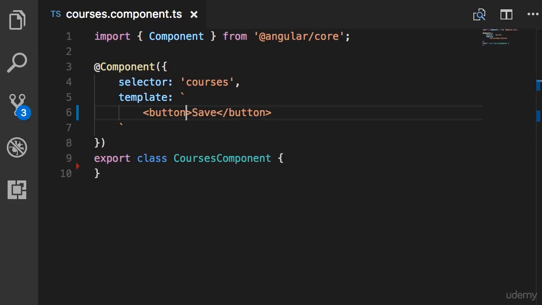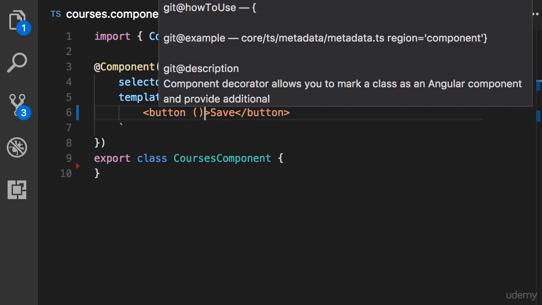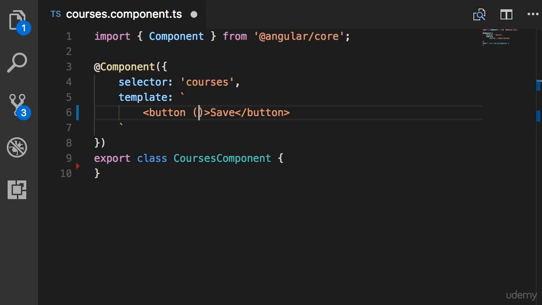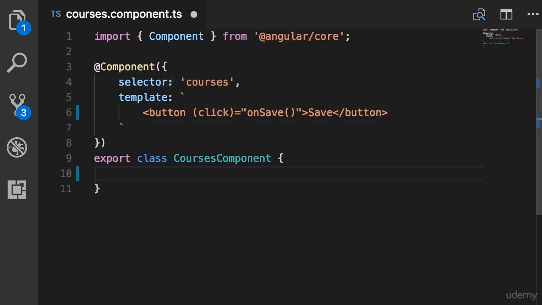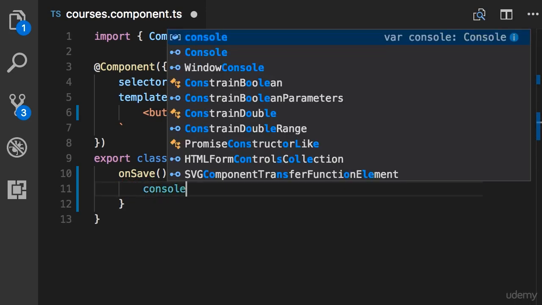So here we have a simple button, and we want to handle the click event of this button. So instead of square brackets, we use parentheses, and here we add the name of the event, like click. Then we bind this to a method in our component. So let's call this onSave. Now here I create this method onSave and simply log a message in the console. So console.log